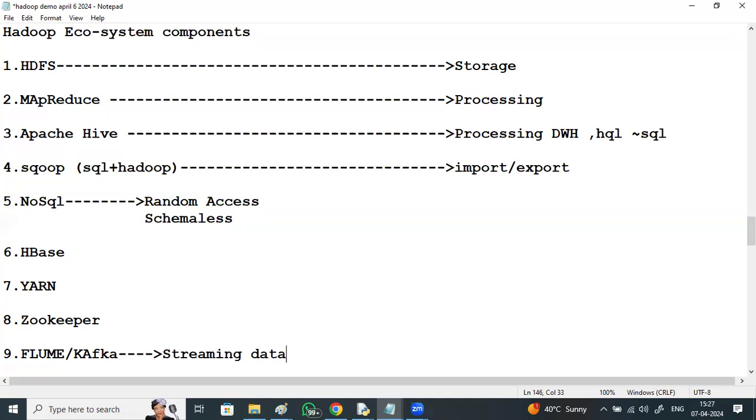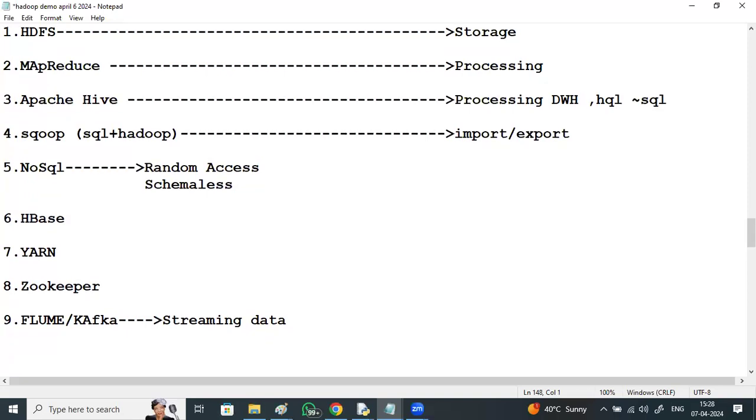Streaming data means data which keeps on incrementing, data which keeps on generating. Such kind of data we call streaming data. So for that, we have Flume and Kafka for capturing such data and dumping it into HDFS.